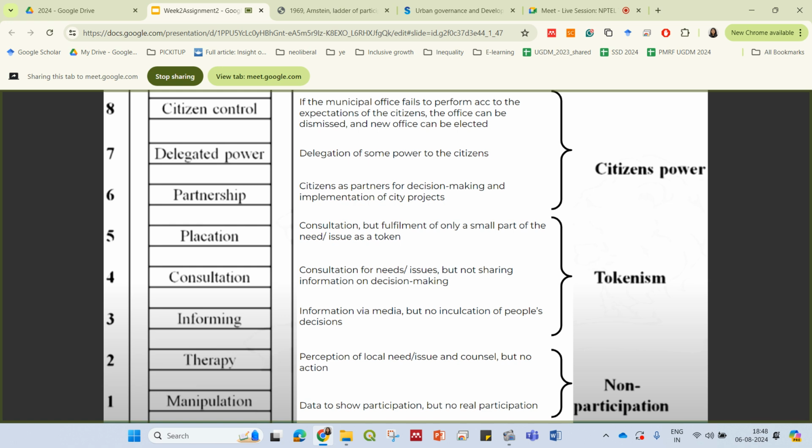And then there is the final level, which is citizen control. In this case, if the municipal office fails to perform the particular action to the expectation of the citizens, the office can be dismissed and a new office can even be elected, in which citizens will then have a choice of who to elect, and who to keep in power for what kinds of action. And many times, citizens will have complete control of what decisions are going to be made and how they are implemented and everything. So anything from partnership to delegated power to citizen control can be considered as a good example of